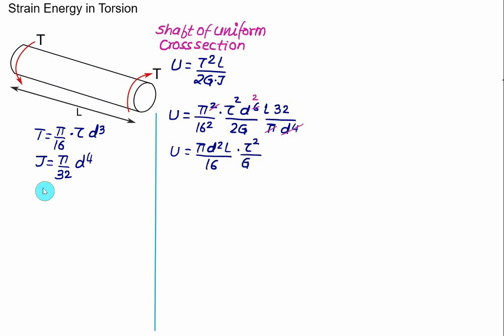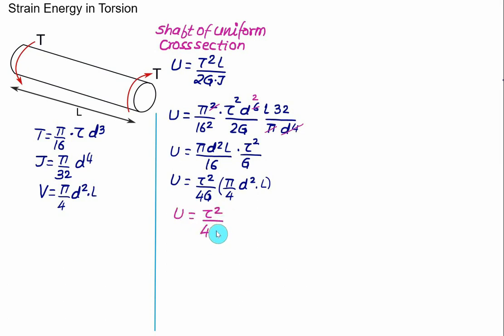Now as far as the volume of the given shaft is considered, it is pi by 4 multiplied by d square multiplied by L. So we'll adjust this 4 here and we can write this term equal to volume V. So we have U equal to tau square divided by 4 times G. So the 4 you have to adjust as pi by 4 multiplied by d square multiplied by L. This is nothing but volume. So we have total strain energy U equal to tau square divided by 4 times modulus of rigidity G